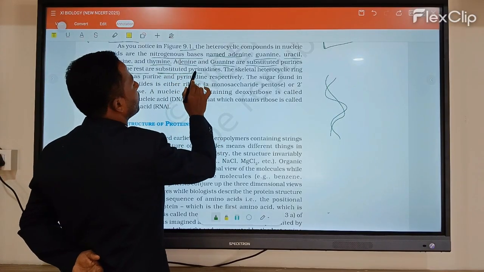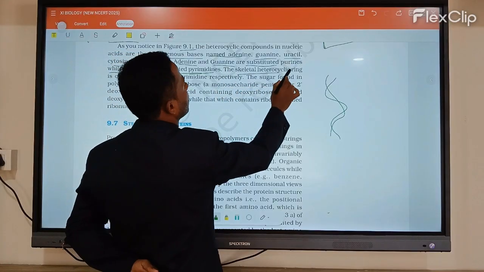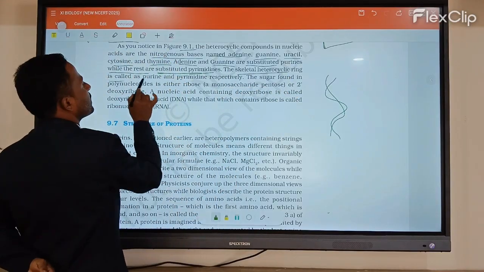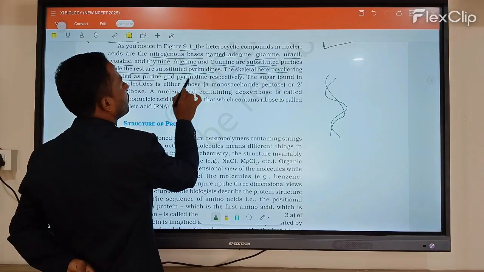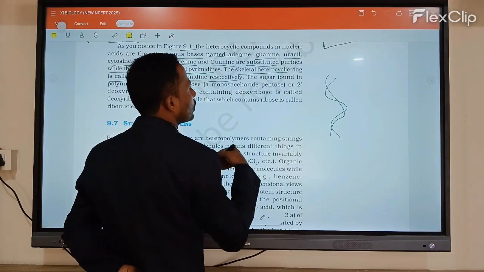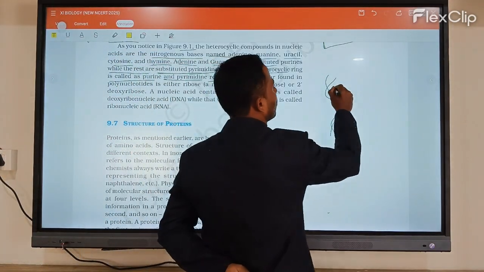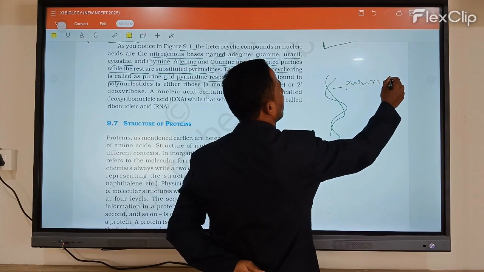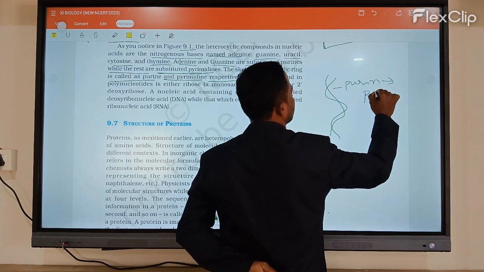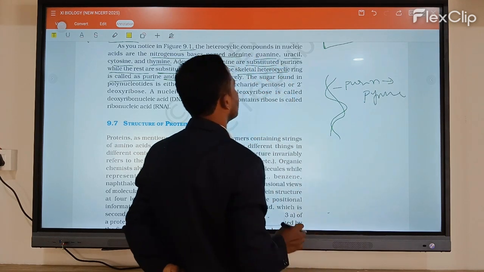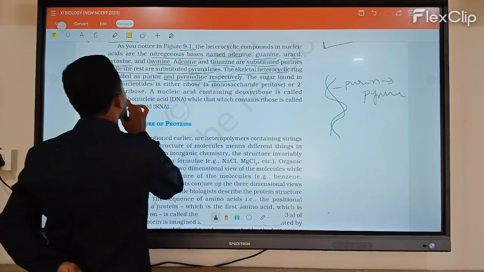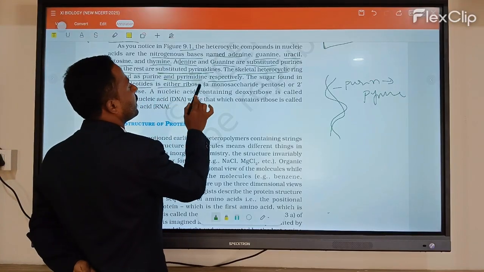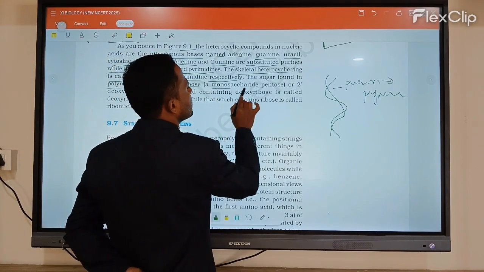They are substituted pyrimidines. Their skeleton heterocyclic rings are called purine and pyrimidine respectively. So in total, DNA consists of purines, and they pair with their complement, the pyrimidines. The sugar found in the polynucleotide is either ribose, a monosaccharide pentose sugar, or